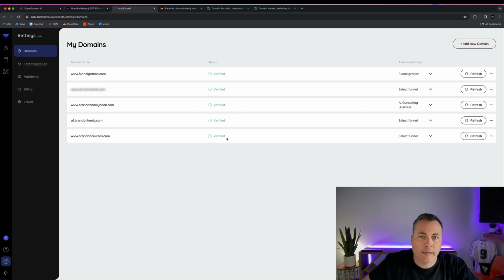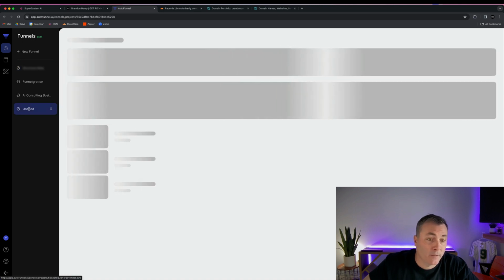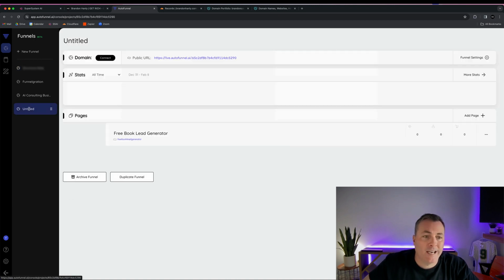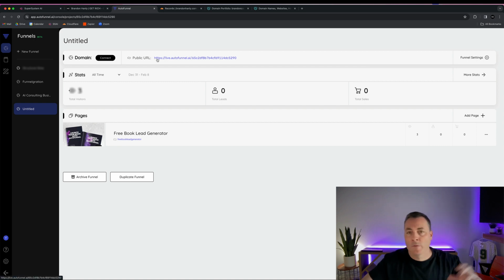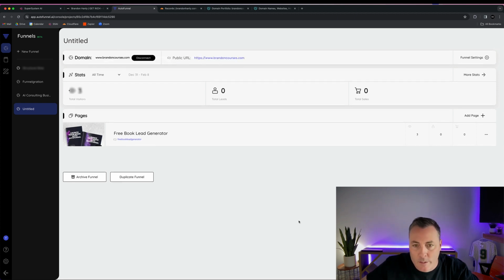Now, when we're in our account, if we were to put a new funnel together, like say, for example, this one, this is the free ebook lead generator, we would go in and we'd be able to connect our domain now, okay? So you're gonna get a URL from AutoFunnel AI, right? This is a public URL where you actually send people to, but obviously we want to send people to our own branded custom domain. So all I would do is click connect here and I would select the Brandon courses